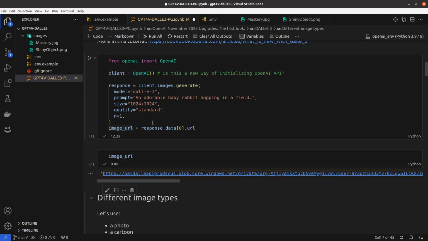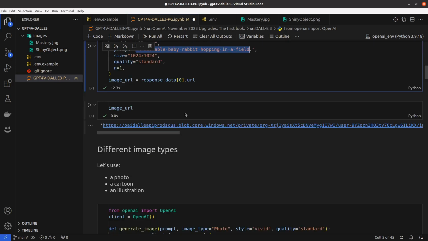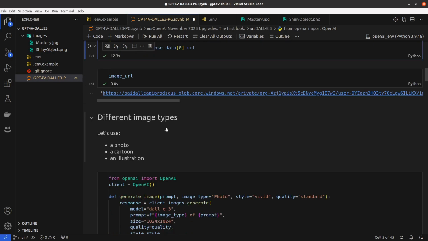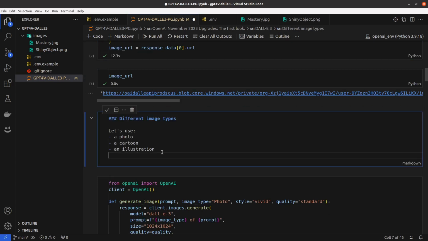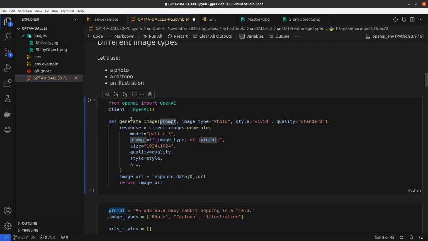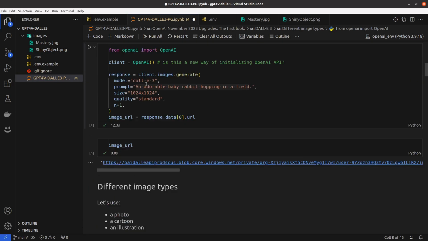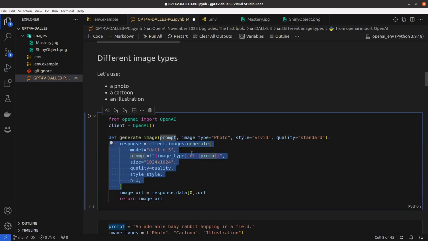And so let me just play with the prompt itself a little bit more, because I didn't specify anything in here, like an adorable baby rabbit. I want to play with some different types of images. So I want to create a photo, a cartoon, and an illustration. And I've just created this function that uses the same response as here,